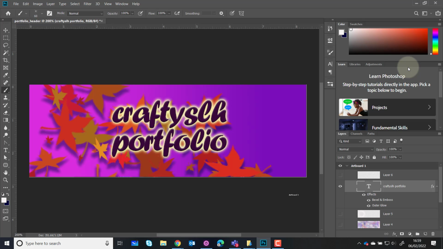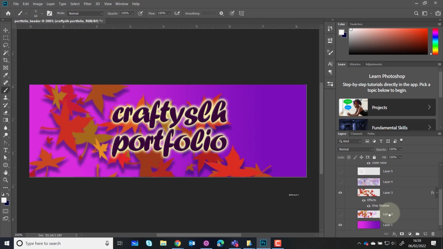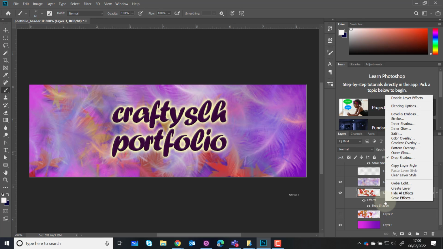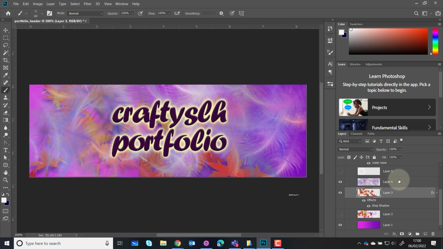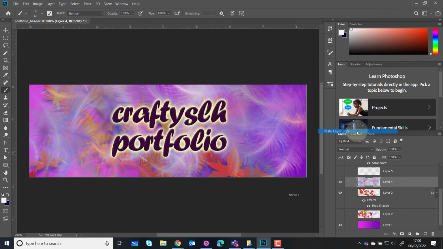So these are just some extra things you can do to the brushes that you put on those layers. Really interesting to see what you could do. The other thing you might want to do is, for instance, down here, you can also copy those layer styles. So if you do decide, what I'm going to do here is I'm actually going to bring up the feathers that I've got. I'm going to copy the layer styles from this one, so right click on it and say copy layer style. Go up to where my feathers were, right click again, and this time say paste layer style,